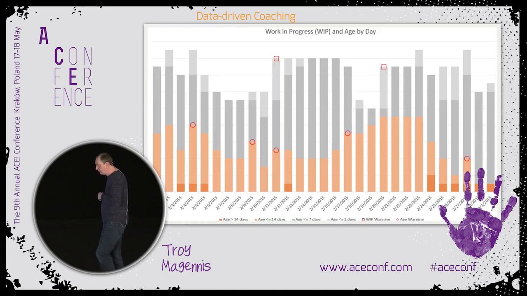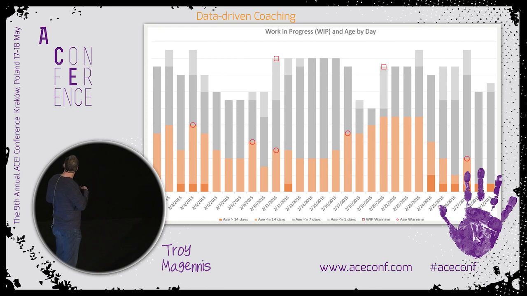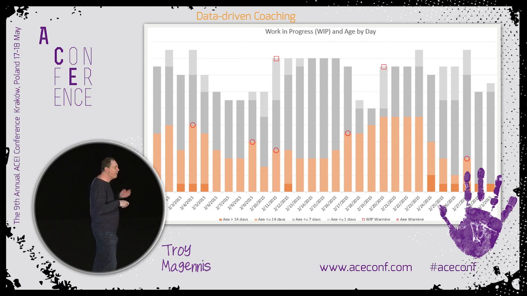So that's one example. Another example here is another chart you get in that team dashboard. It's the work in progress for each week, and the color is the age of work. So the idea here is we're trying to get the team to finish older work first, and this chart helps them see how much of their WIP is greater than 14 days, less than 14 days, less than 7 days, less than 1 day. And I put these little red markers to say, work in progress has gone up more than a certain percentage,